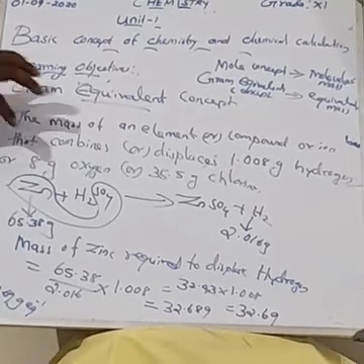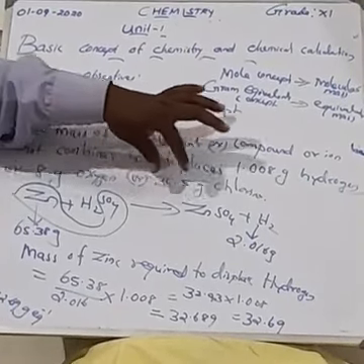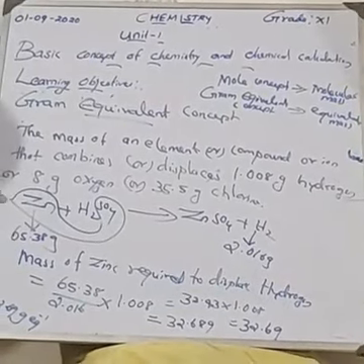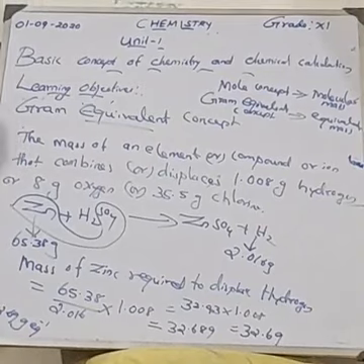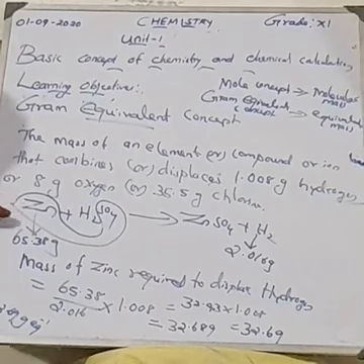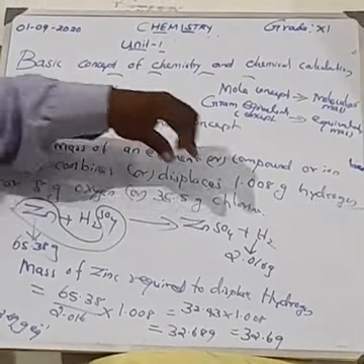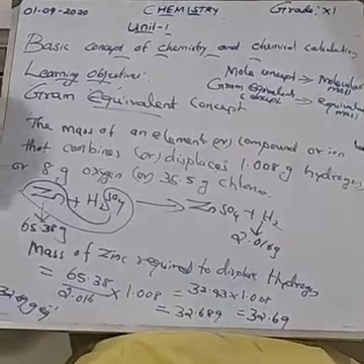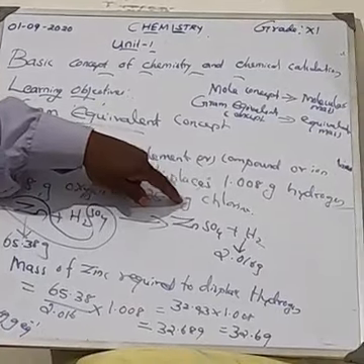In this reaction, zinc combines with sulfuric acid to form zinc sulfate and hydrogen. Here we are talking about the mass of zinc required to displace hydrogen. One mole of zinc is equal to 65.38 gram, and one hydrogen molecule is equal to 2.016 gram. The mass of the zinc required to displace hydrogen is equal to